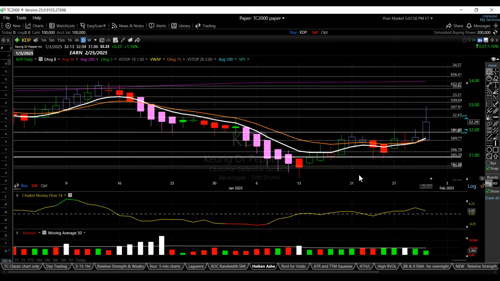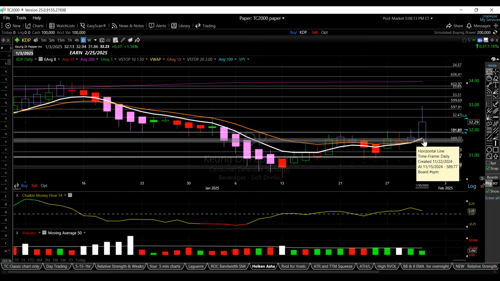And one other long was KDP, Dr. Pepper. Here's a big downtrend here. Notice the Heiken-Ashi reversals. See how smooth that is? Here's where you get out. Another Heiken-Ashi reversal to the downside. You take it down here. This is where you get out. Now we're starting putting in a bullish reversal here, a Heiken-Ashi reversal on the bullish side,